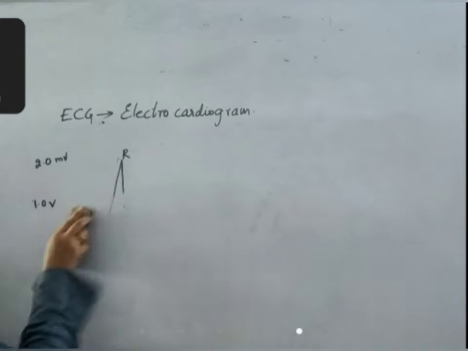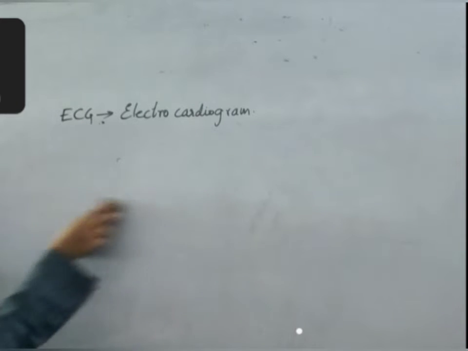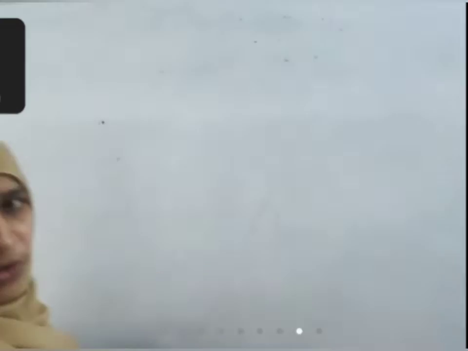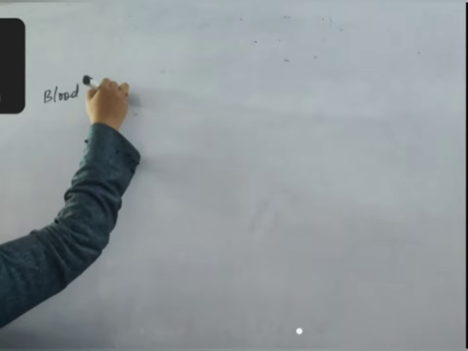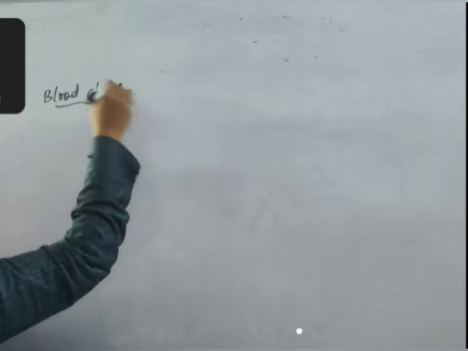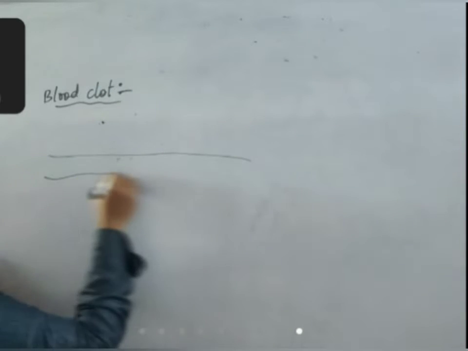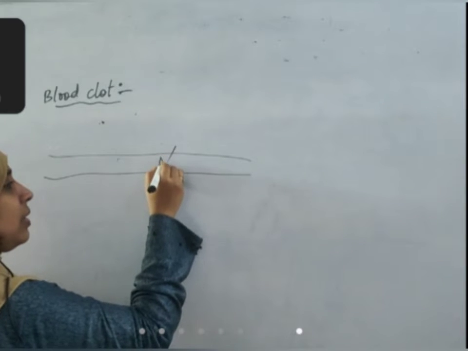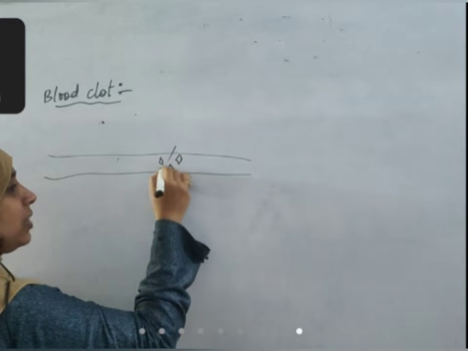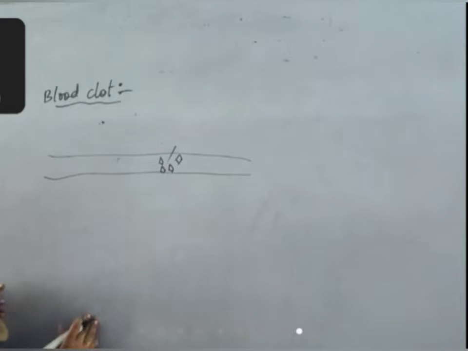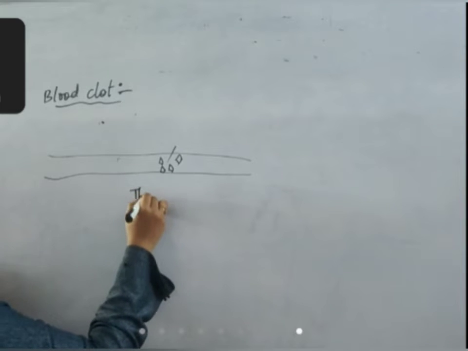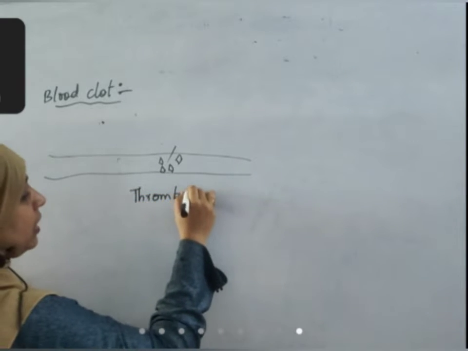Next, blood clot, how a blood clot is formed. Formation of blood clot. Whenever a blood vessel is getting cut, immediately the cells called platelets will accumulate here. Okay. After the platelets accumulate, an enzyme called thrombokinase present in these platelets